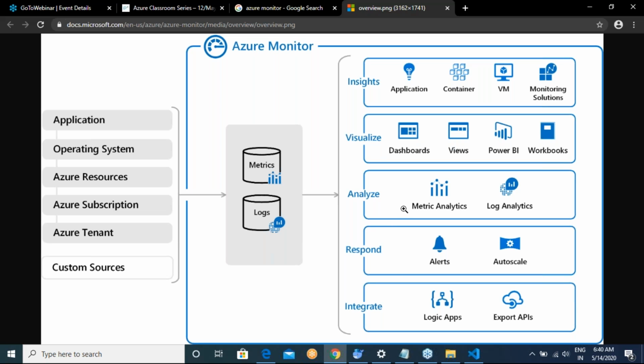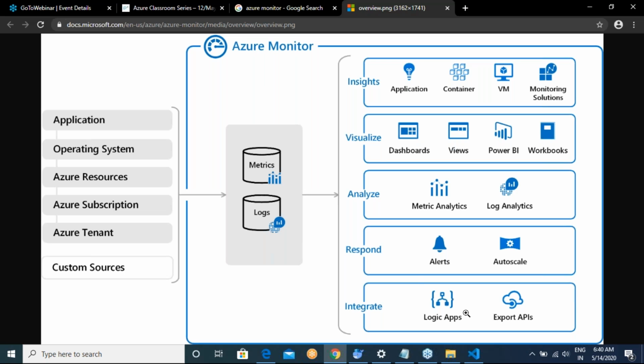You can also integrate with other applications through Logic Apps or export APIs. We'll look into Azure Functions when we look into dev activities. This is a very comprehensive monitoring platform with literally everything you need.